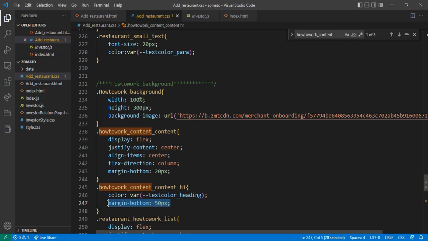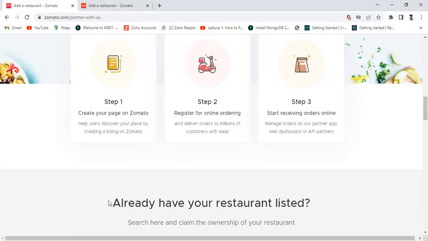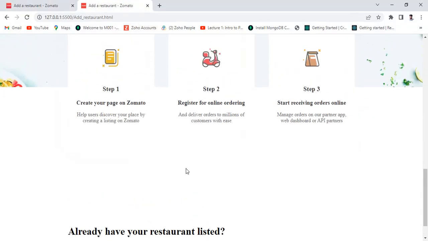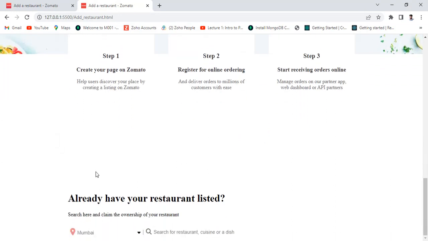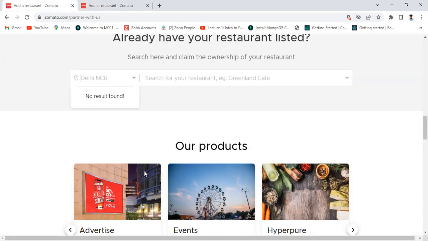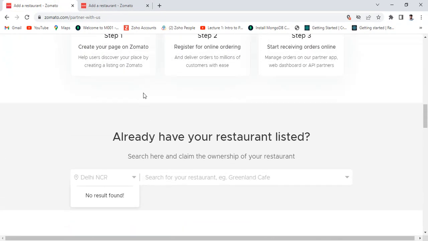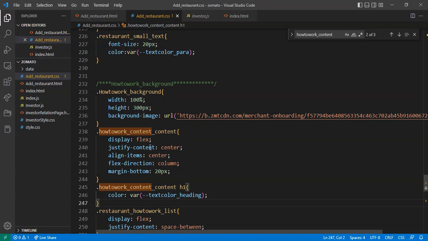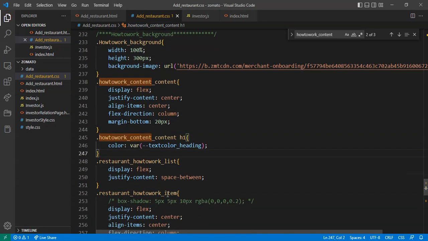Yeah, margin 50 pixel. Let me just remove this. Now let's come, and yeah, now it's almost okay. A little bit I want to modify more. We can give